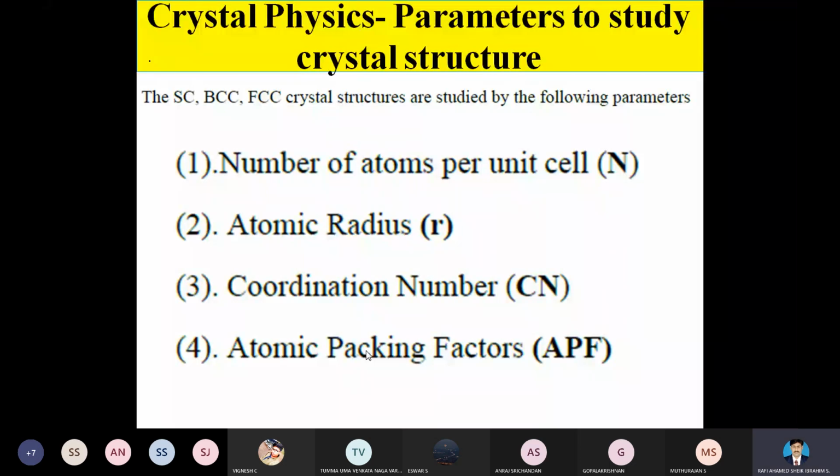That is, we are going to observe how many atoms are occupied by the crystal structure and how many are empty, vacant in the crystal structure. So we are going to study these from unit number 4. These 3 questions are considered important questions from this unit. So let's see the second crystal structure, the BCC crystal structure.